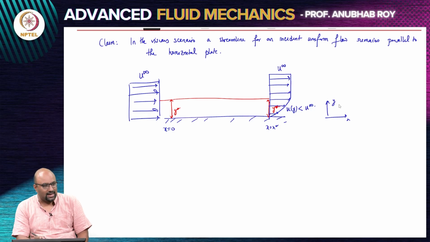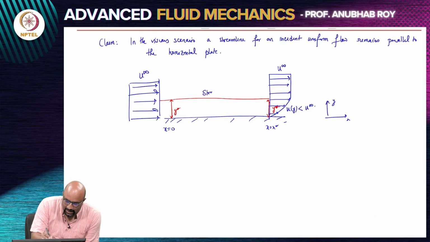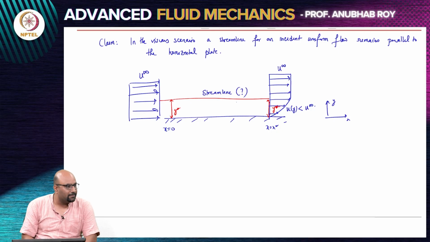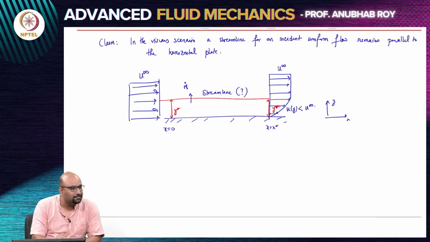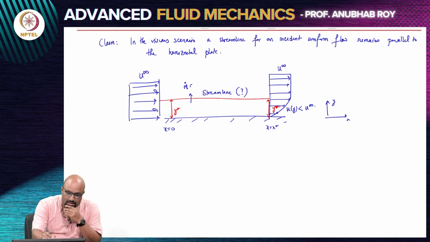So, now I have drawn this red line which is making the claim that that red line is a streamline. This is my claim, and we have to check whether this claim is indeed correct. Now, if this is a streamline, what is the mass flux through this region? What is the amount of fluid that is passing through that region? It is a streamline. It will be 0